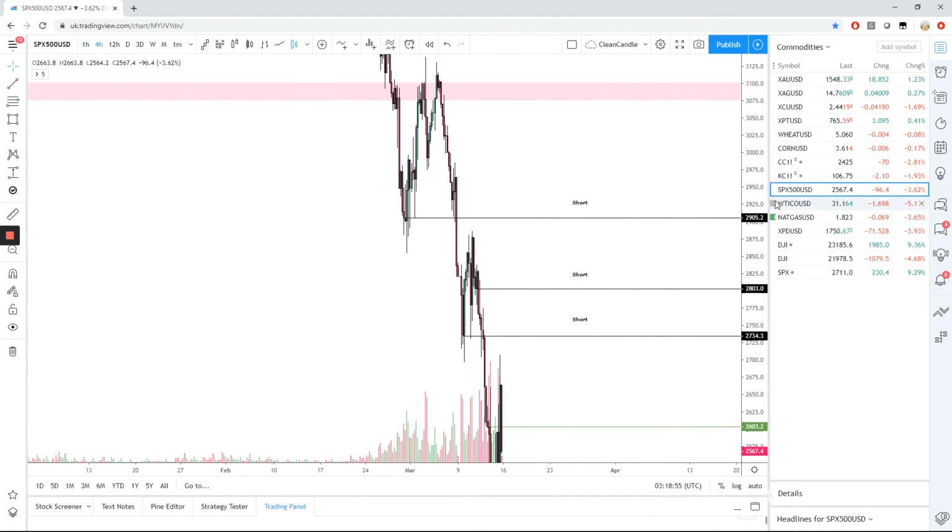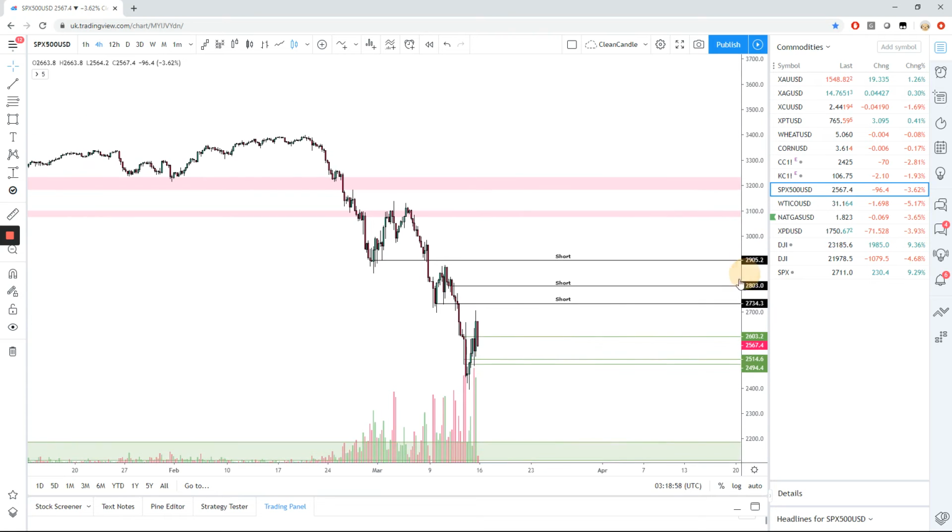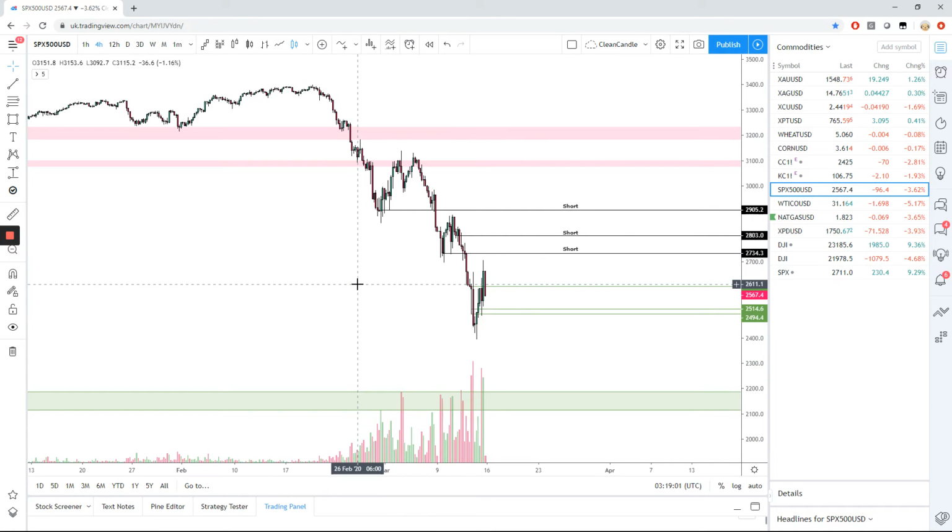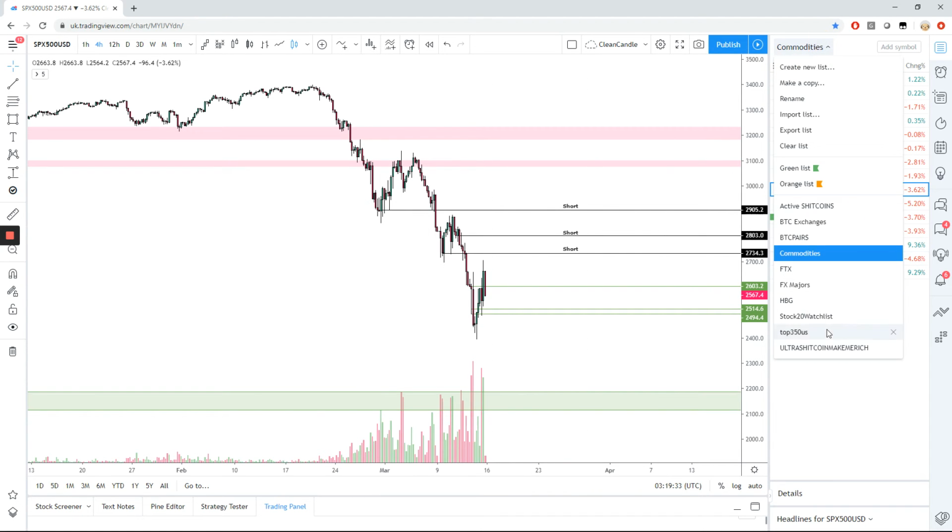The only difference that we have on indices is that a lot of these indices are quite heavily valued. So when the FTSE was trading at around 7,000, the S&P at 3,300, the Dow at 27,000, we see these are quite high capital assets to be trading. And again, keeping in mind that the price movements here are quite strong, if you're using leverage, it will very quickly spiral into your account. But indices, largely the same thought process as precious metals and commodities.